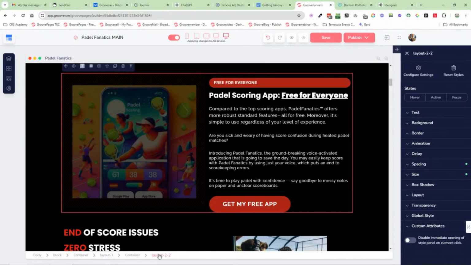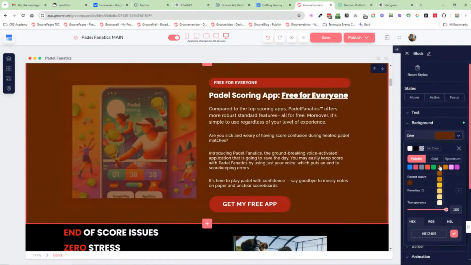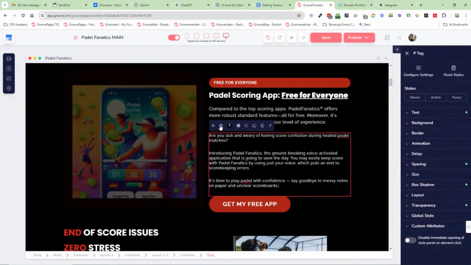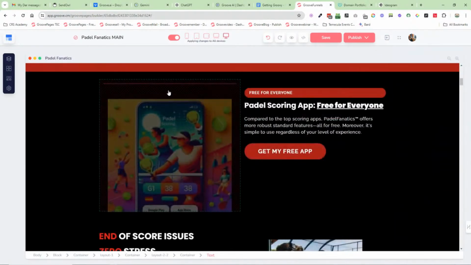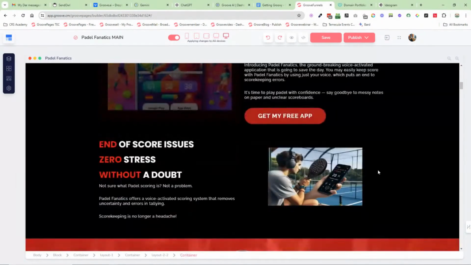I can keep doing that as I move through, and each time you see this name will change. If I want to change the block settings, for example, the background color, boom, there we go. And again, my favorite button, let's click back, it's back to where it was. If you click on something, you've got a separate set of settings over here. If you hold on the left mouse, I can drag that, and you can see the little pink bar and then drop it. Again, if I don't like it, just click back.